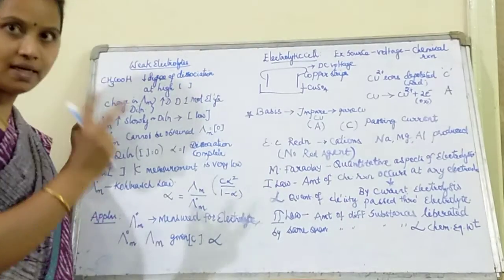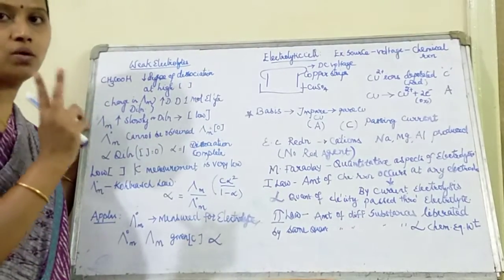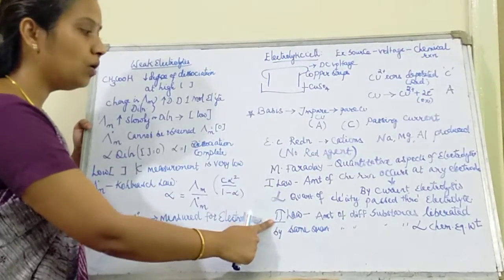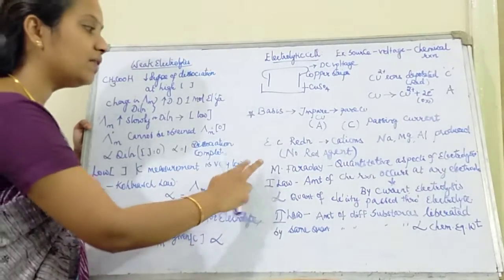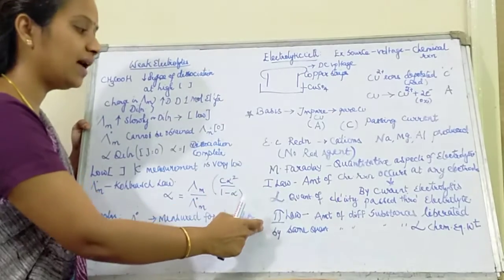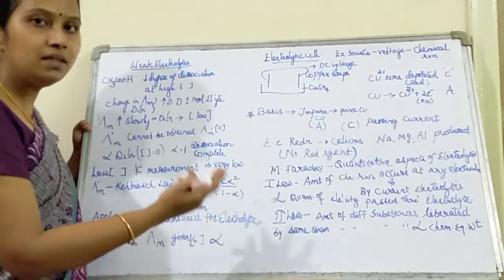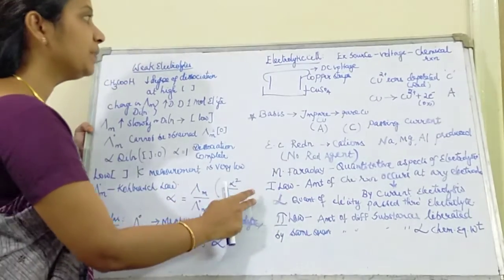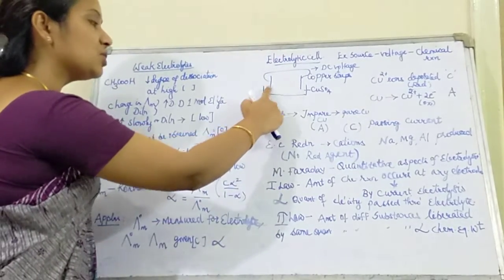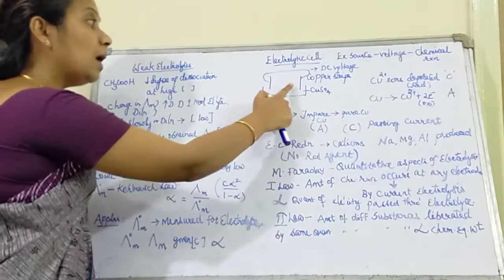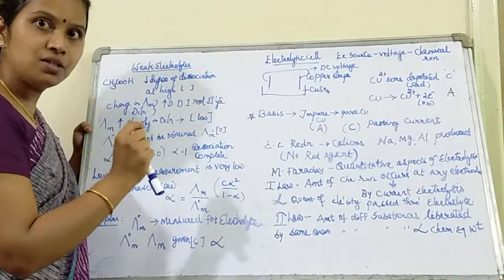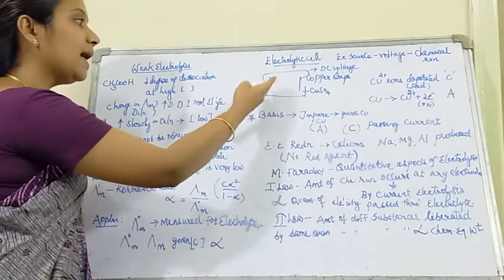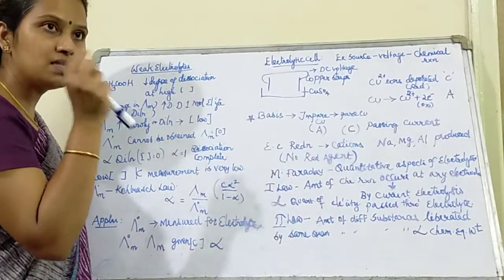Based upon his study, he devised two laws. What is that? First law of electrolysis, second law of electrolysis. They are otherwise called Faraday's first law and Faraday's second law after the name of the discoverer Michael Faraday. What is the first law? See, I told you chemical reaction is happening in the electrode. The amount of chemical reaction that occurs in any one of the electrodes, let it be cathode or let it be anode.